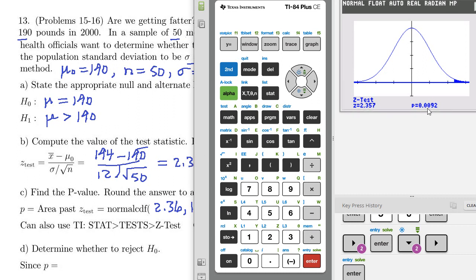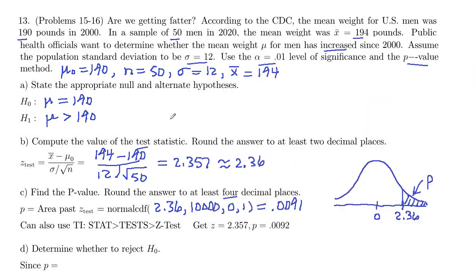And P is 0.0092, and we had 0.0091. And that's because we rounded to 3 decimal places here. If you did not round, if you kept full accuracy, you get the 0.0092. Now, just a note, if you only keep 2 places in that z-score,